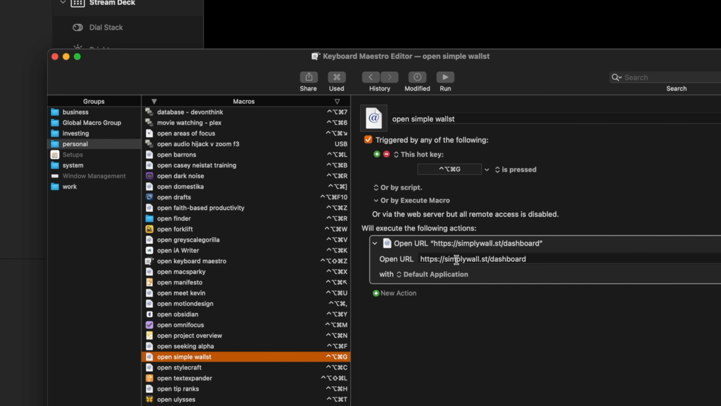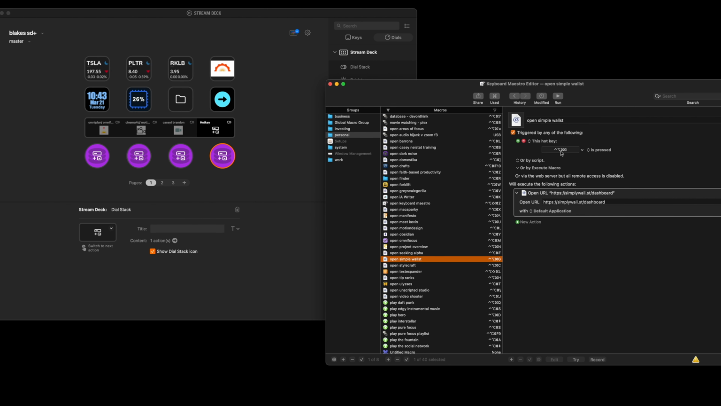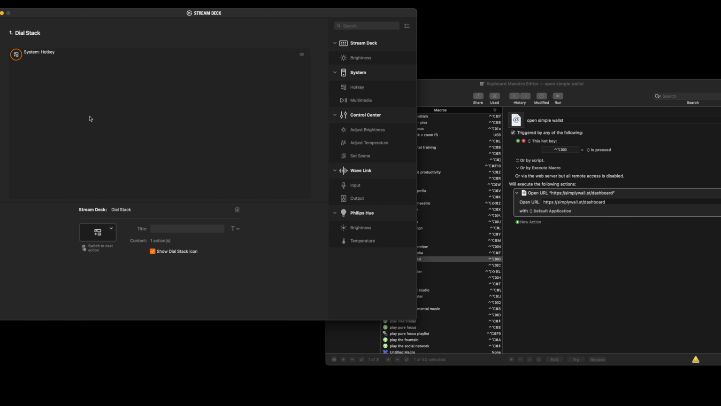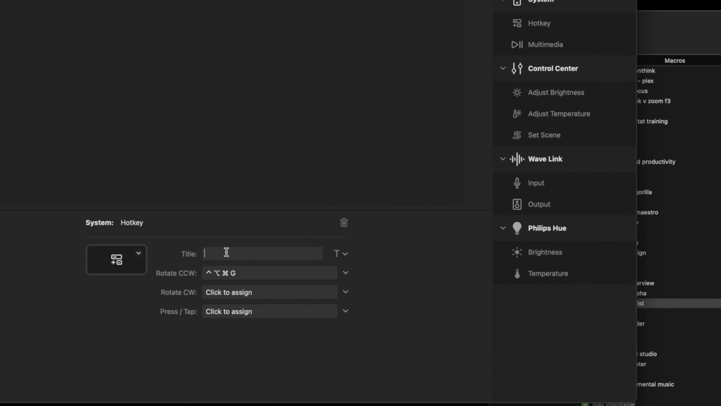In this case, let's say I wanted to open up Simple Wall Street and I wanted to open the dashboard. I have assigned it to a hotkey. Let's say in this hotkey here, I want the first left dial to be opening up this website. What I would do then is put the hotkey in here, and then for the title here I'm going to put maybe just